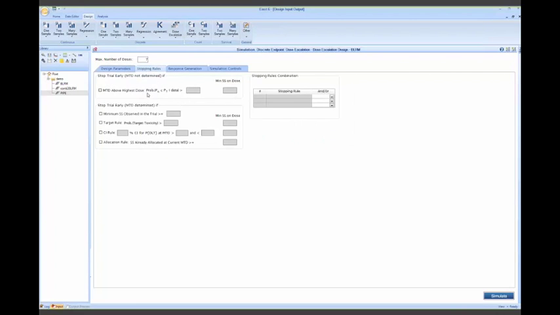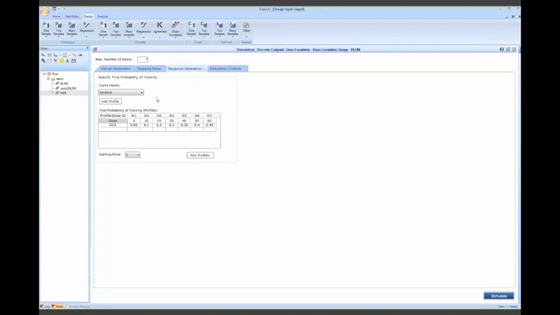Then in the second tab, you have your different stopping rules that you can set, and we'll see those for the example that I considered. In the response generation, you get to set the different reality scenarios that you want to explore. So you'll have some scenario where the DLT occurs maybe in the middle of your dose range, some scenario where it occurs earlier on, and some scenario where it occurs later on. These scenarios can either be specified manually by what is called the general curve, as the one that you see here, or they can also be specified